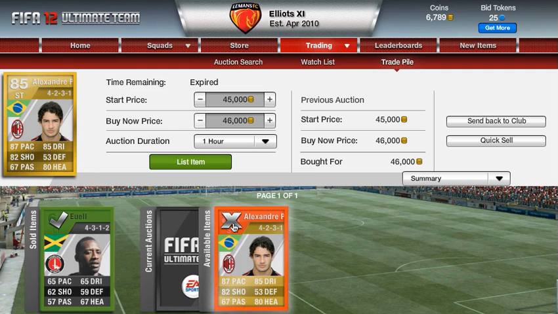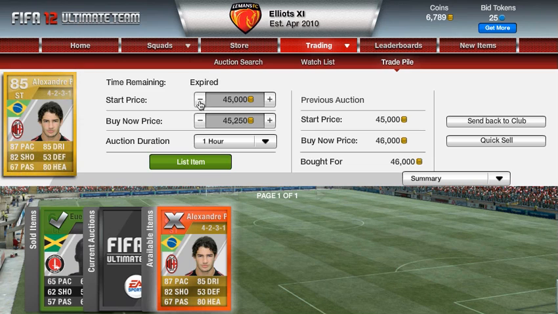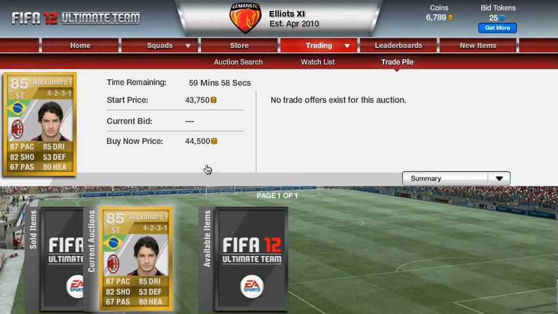I thought he would have gone by now, but I'm going to put him up for 43 because I don't mind losing 3 grand just to get rid of him, because I need the coins at the moment if I want to start building around Di Natale, who I think is a decent forward. Yeah, so let's go into...